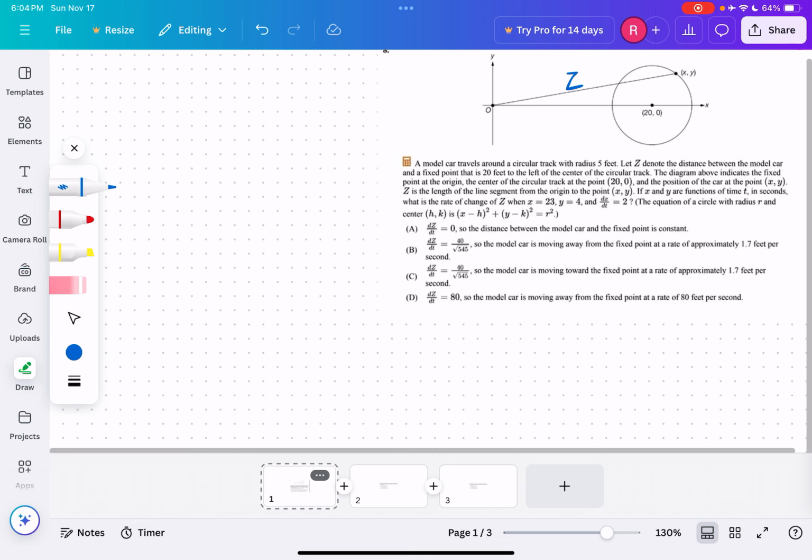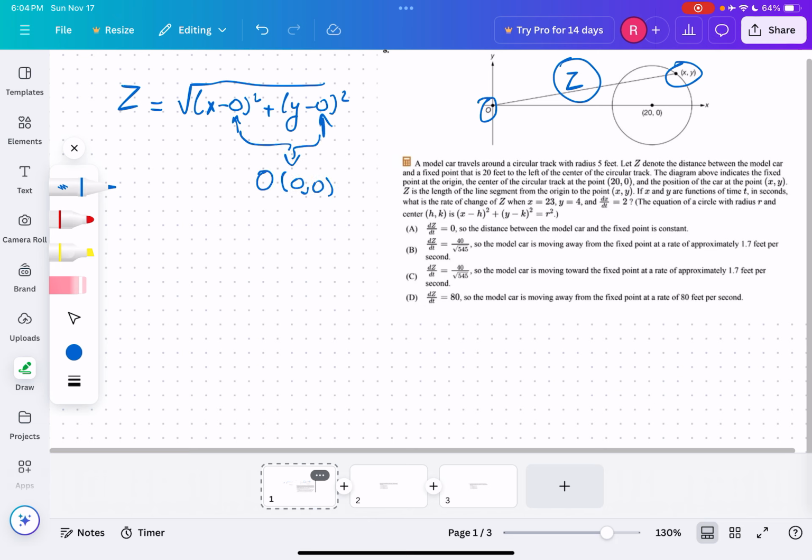Now, they will never give you a piece of information without you using it. That's something that you have to put in your mind. So first of all, we're going to start this question by realizing that the distance between O and xy is given by z. So we have to use the distance formula over here to express z. So basically we can say that z is the square root of (x minus 0) squared plus (y minus 0) squared, 0 being the origin that we're talking about,